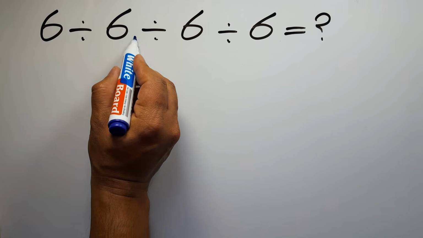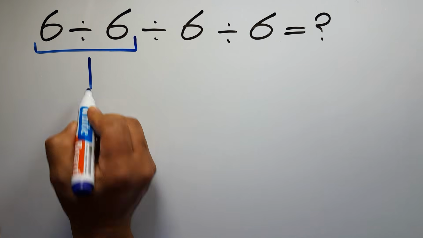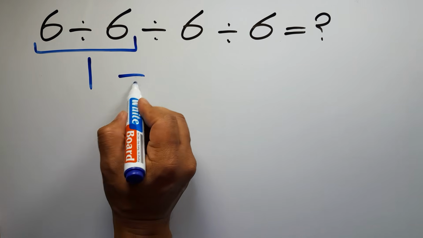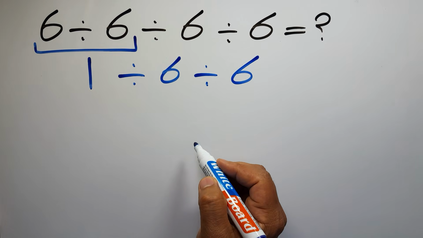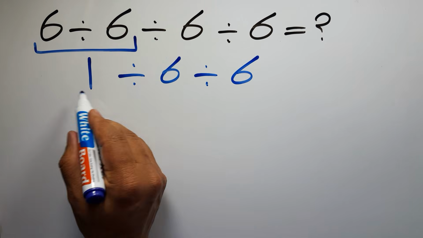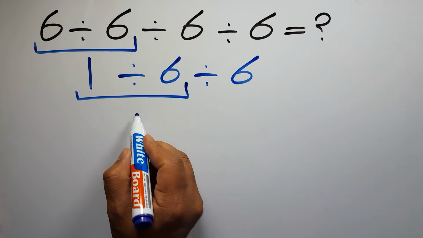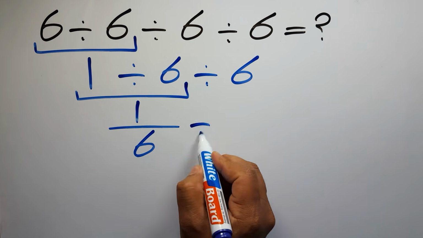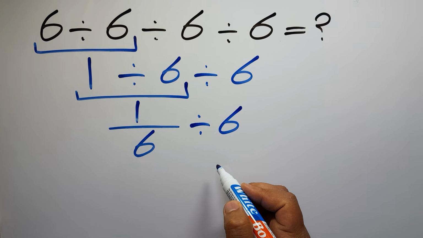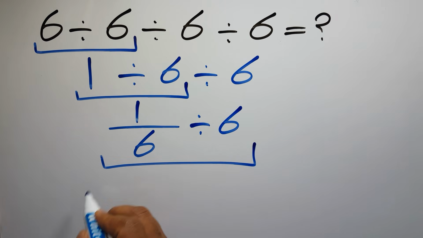6 divided by 6 equals 1. So we have 1 divided by 6 and again divided by 6. Now we have to do this division. 1 divided by 6 can be written as 1 over 6. Then divided by 6. Now, according to the KCF rule,